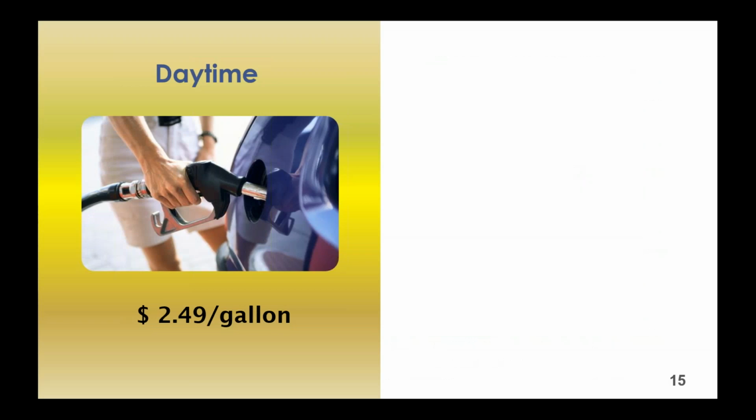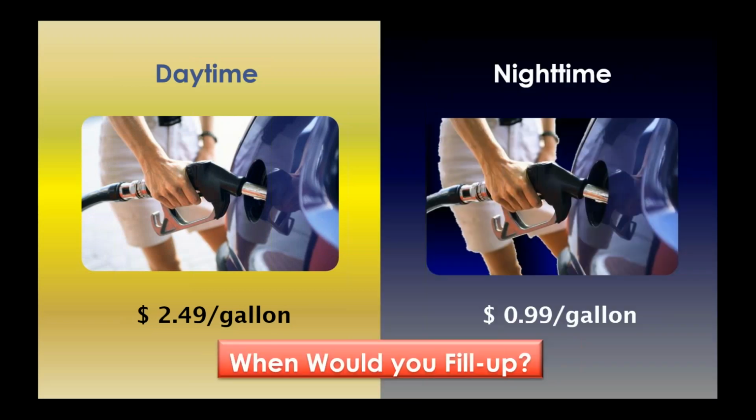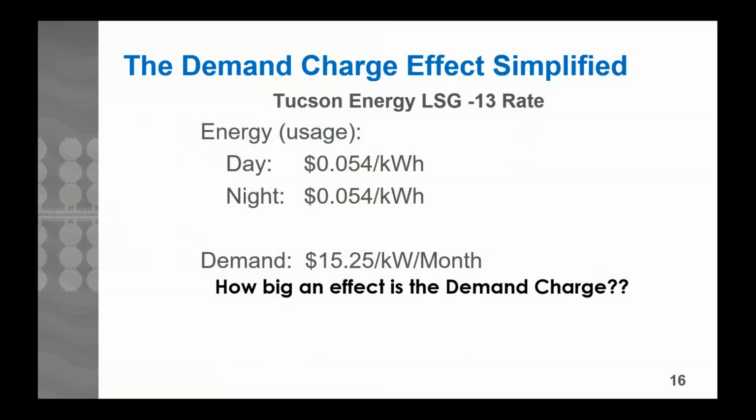This has major impacts on price. So let's look at gasoline. If gasoline was $2.49 a gallon during the day and 99 cents at night, everybody would fill up at nighttime. It would be completely obvious to do that. But if we look at how the utilities have been trying to incentivize everybody for decades, it's the same sort of thing, but they just don't say it that clearly. This utility has what they call a flat rate, so that's the same energy cost day and night,